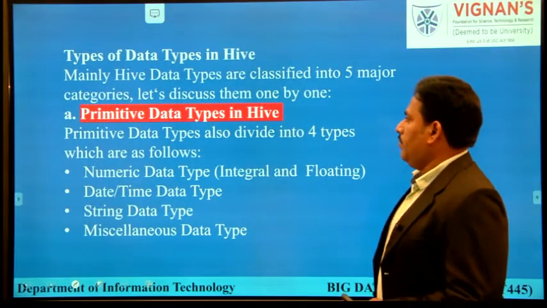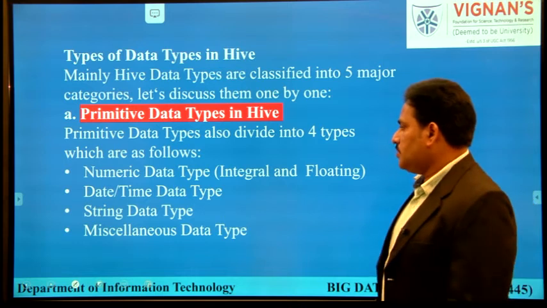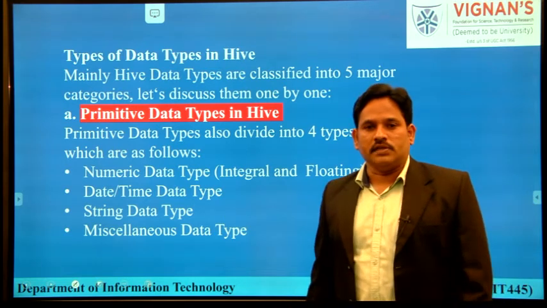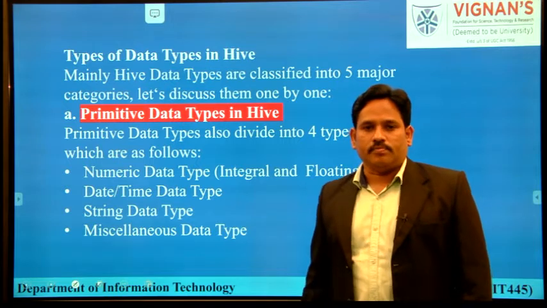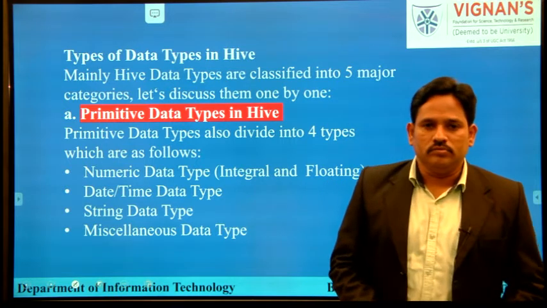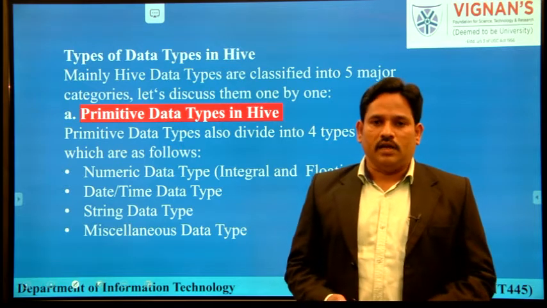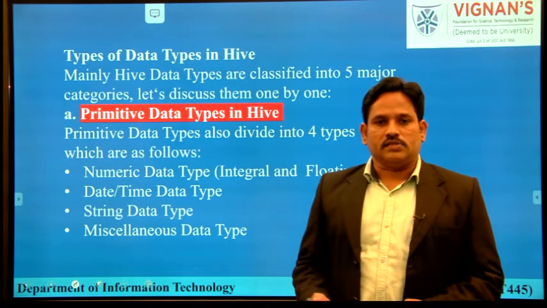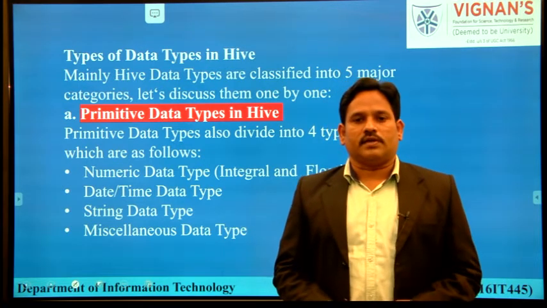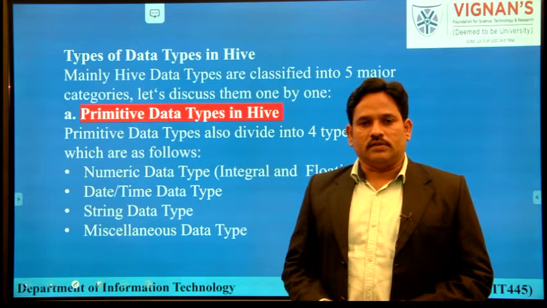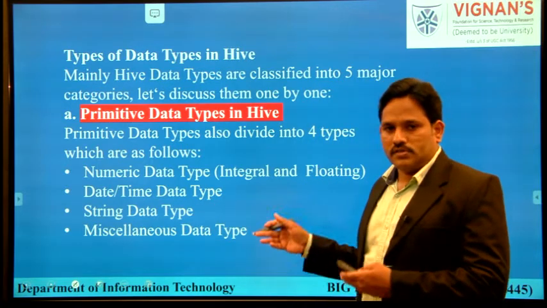Now we will see what the basic data types in Hive are. Basically there are 4 major data types offered in Hive. Now what is a data type? In order to store a particular value, we require a storage environment, and to access the data we require a name for that storage environment. Let us take, we want to store an employee name. Whenever you want to store an employee name in memory, how do you access that employee name? Like that, in order to store various different elements, we require its storage architecture.